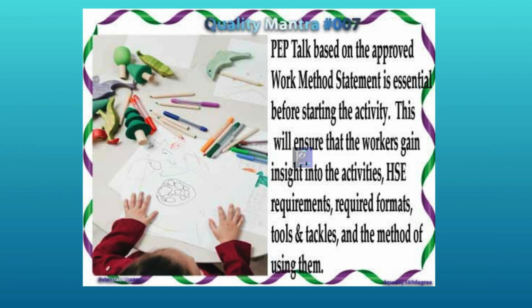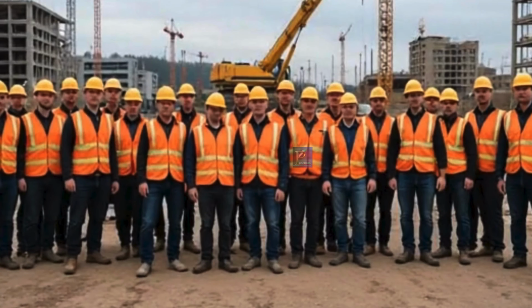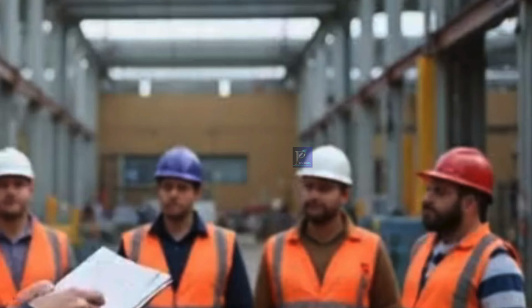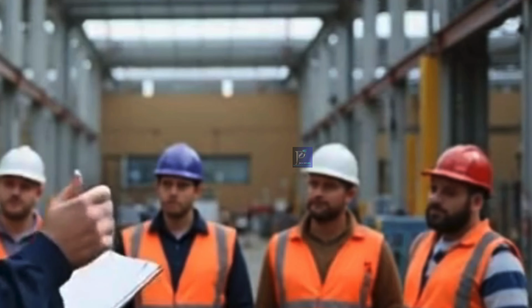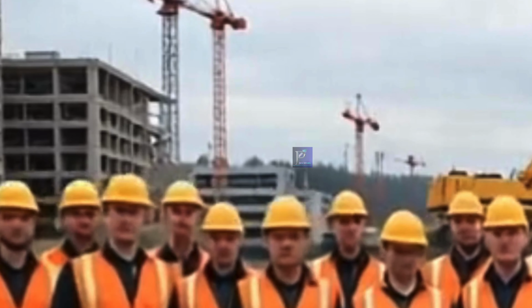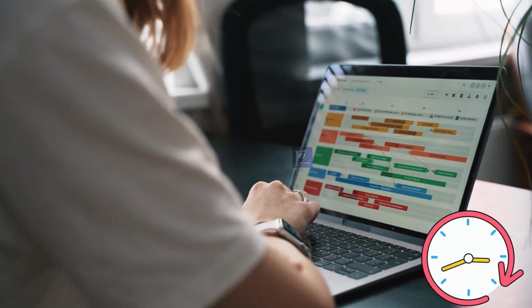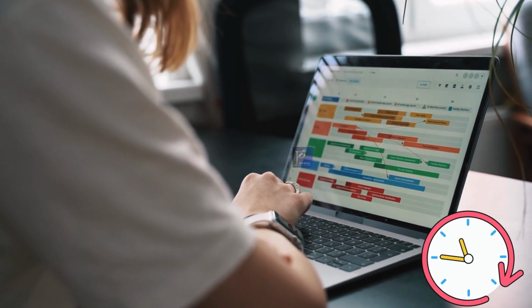If management fails to recognize the importance of workers' education and instead focuses solely on reordering and rectifying the issues, because mostly what happens at the site is they are rushed on the shift. So catching up on the schedule is the most critical task. As soon as the shift starts, they have to start.